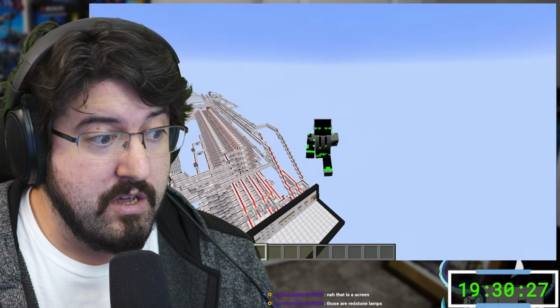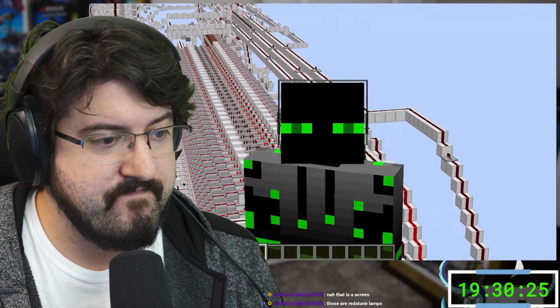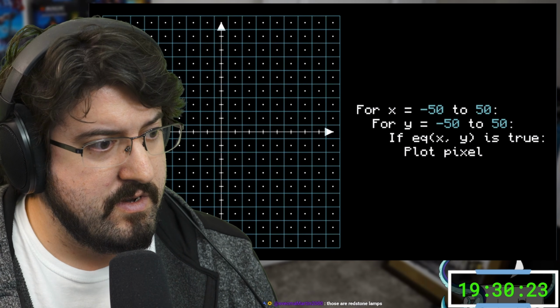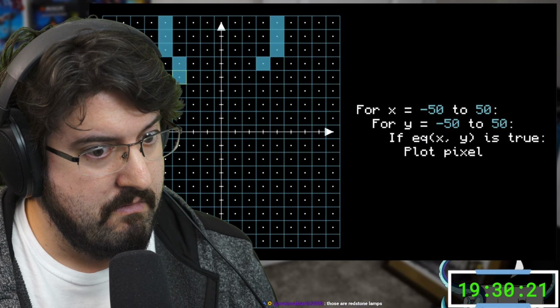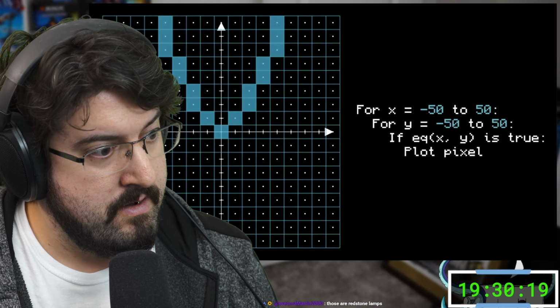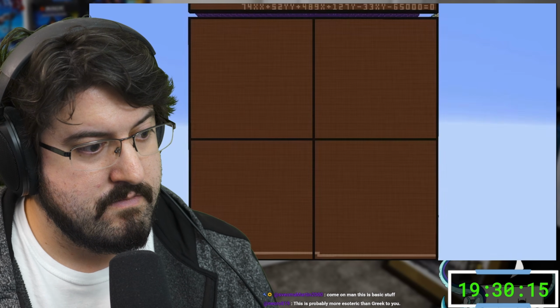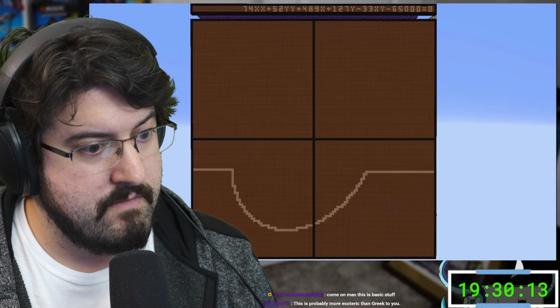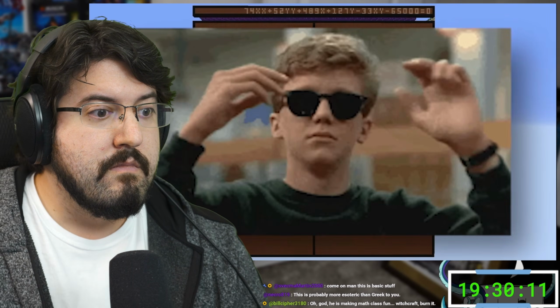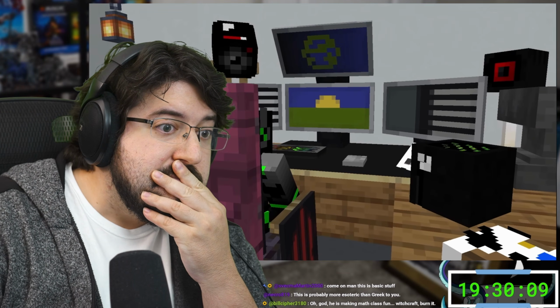So the TIMC used this fact and just brute force checked every point. For 10,000 integer points, it plugged it in, and if the equation was true, it plotted a pixel centered on that point. As you can imagine, this approach was extremely slow. Some graphs took over 30 hours to finish, and that was with the game sped up. It worked though, which was all I cared about. After posting it online, it went